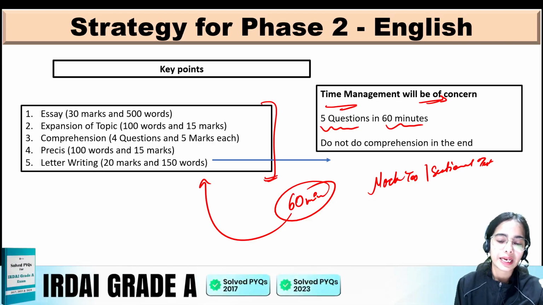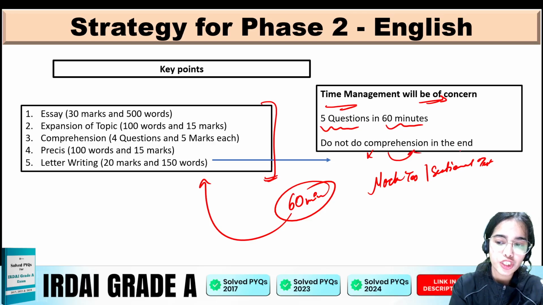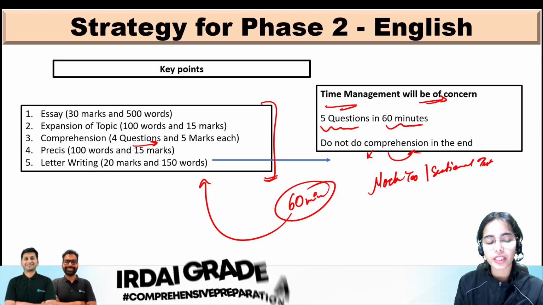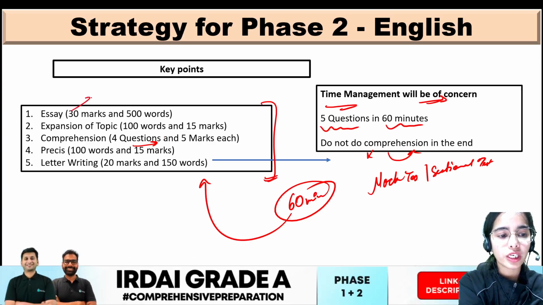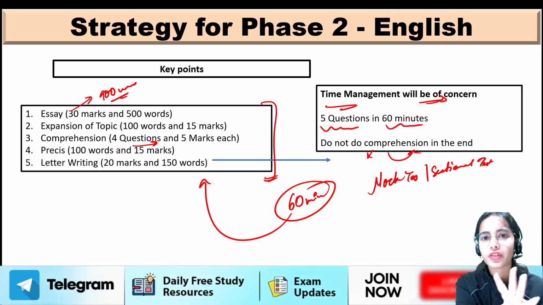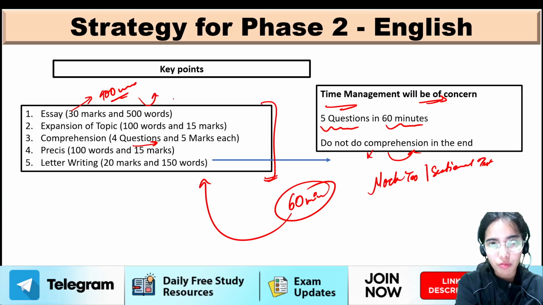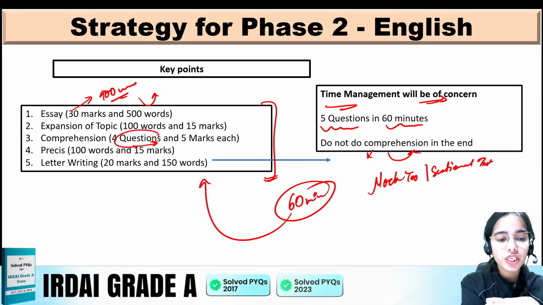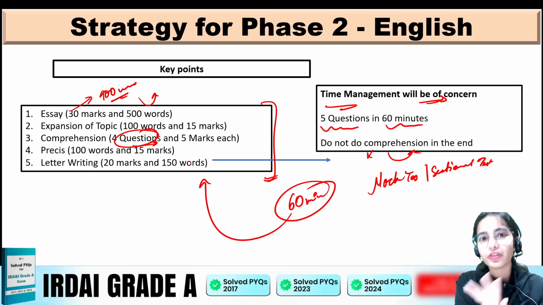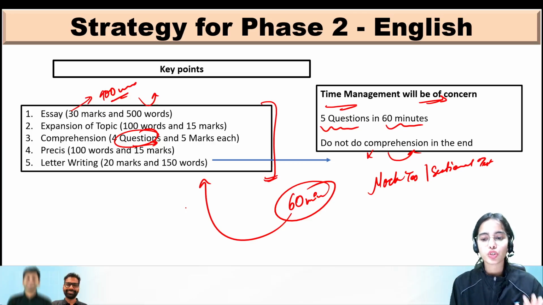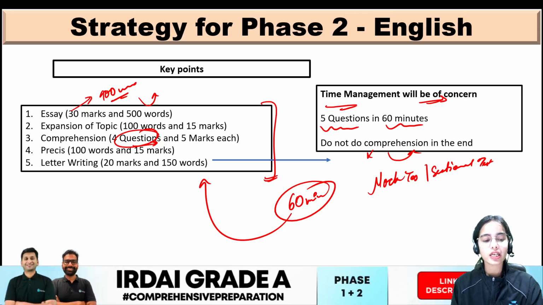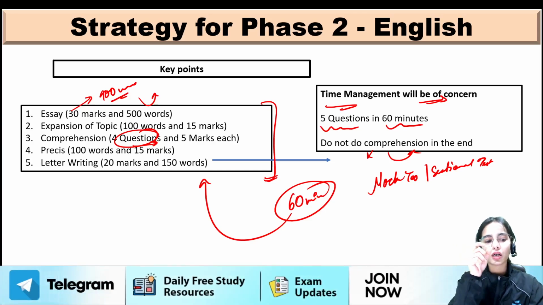So this is the idea, and do not ever do the comprehension in the end, because different questions will have different marks allocated. So let's say in the essay you are writing only 400 words, but you are writing very nicely and the quality of the answer is very good. Then also you can get good marks. But in comprehension, if you leave a question, that means you are leaving those marks completely. So do not do the comprehension in the end, but do give the sectional test to understand